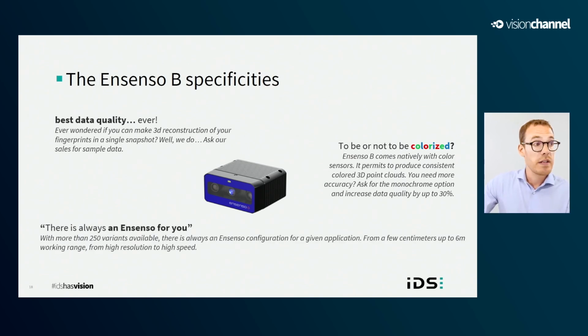And last but not least, NSenso offers hundreds of camera variants. If you compare to our competitors, you will mostly find manufacturers that have between 8 and 10 cameras in their portfolio. We have hundreds of camera variants, and each of them is optimized for a working distance and a working volume that permits us to achieve higher data accuracy.